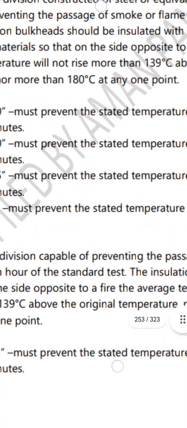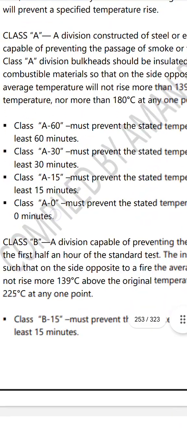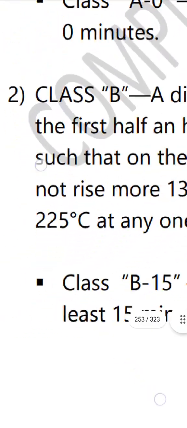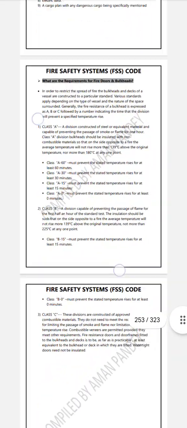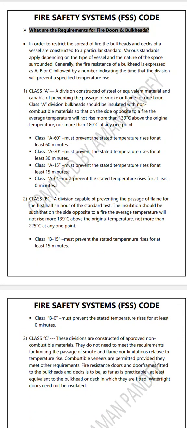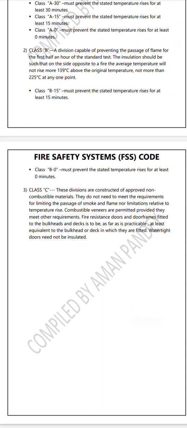यहाँ A के लिए 180 बोला। यहाँ B के लिए आधा घंटा और 225 डिग्री सेल्सियस बोला। 139 डिग्री सेल्सियस कॉमन है। ये एवरेज टेम्परेचर द ओरिजिनल टेम्परेचर नॉट मोर देन ओरिजिनल, खाली not more than 225। Okay, must prevent B15, B0 इधर ही है।